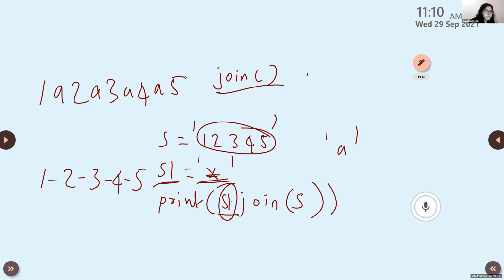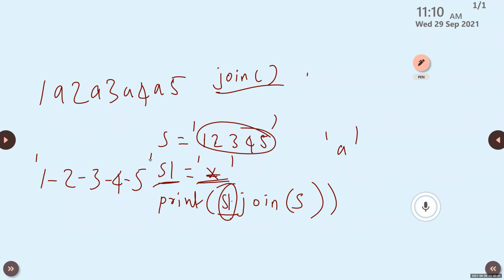Ma'am, after 5, is there any hyphen? No. 1 second, I will check. No, after 5, no hyphen. Will it be in square brackets? No, the result is within single quotes or double quotes.